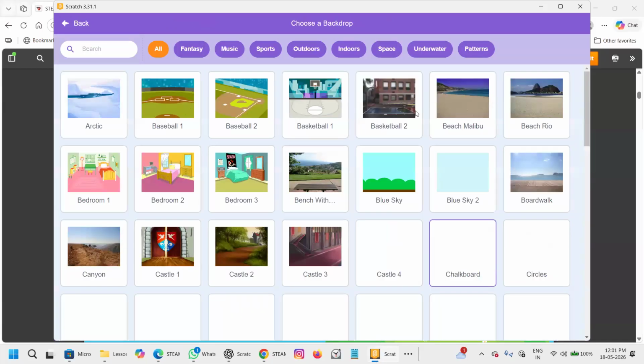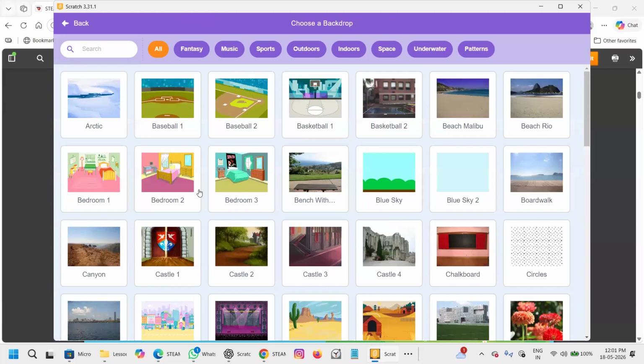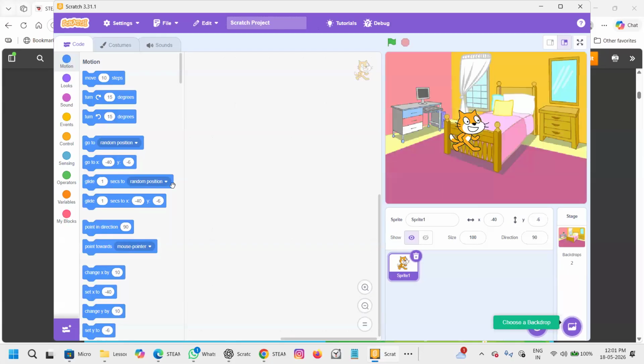Now, if I put something colorful over there, let us say that the cat is in the bedroom, sitting or standing on the bed. Did you like the background? Yes. Okay.